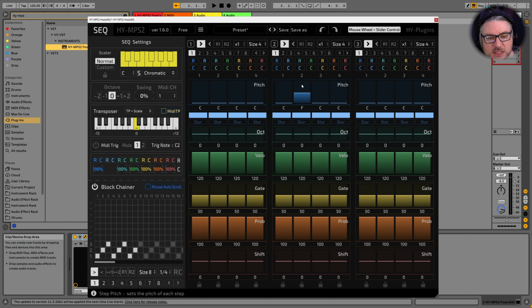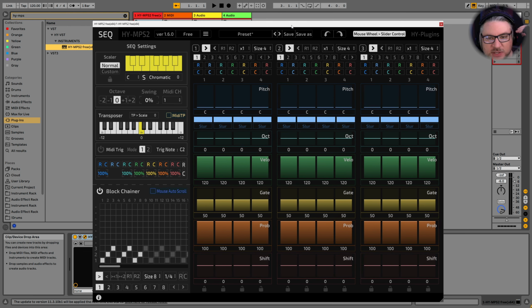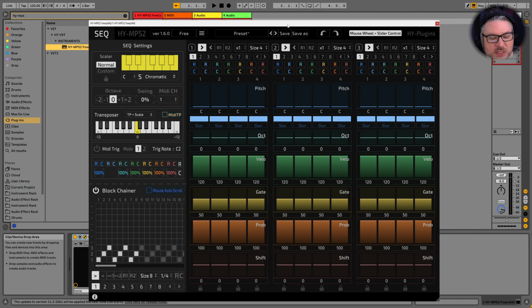C, C#, D. It looks like it's doing some kind of math behind the scenes to make this actually do one value at a time. That's actually cool. So what do we get here? Well, we just made videos on some of the other sequencers for HY VST. The most recent one was RPS2,